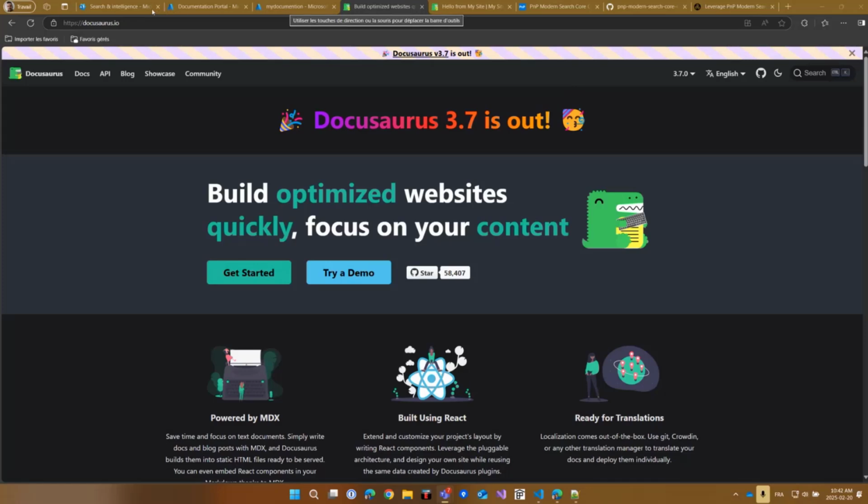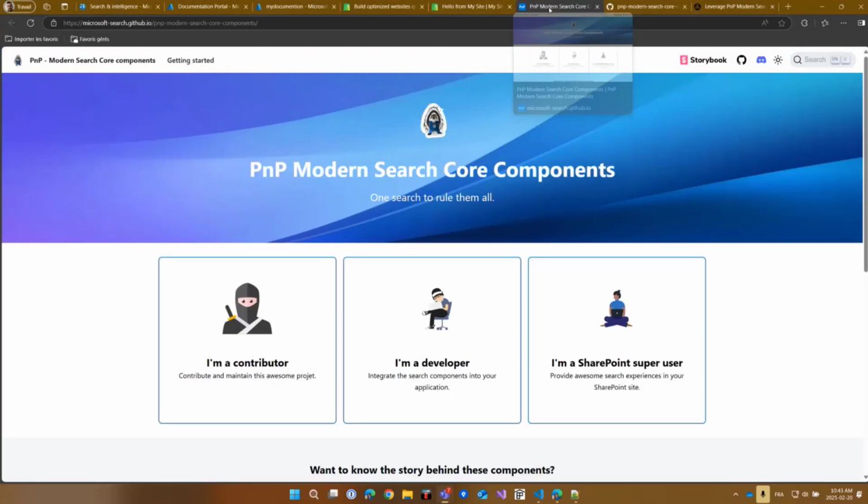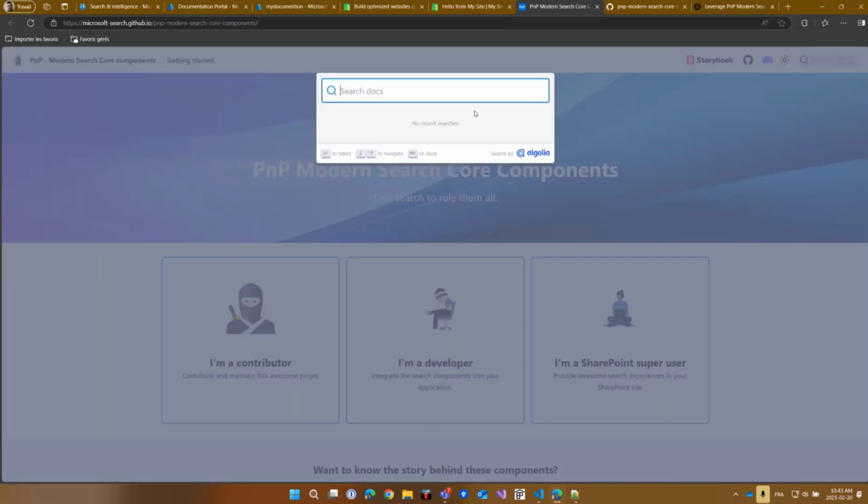By default, this solution comes with a default search engine, which is provided by Algolia, a third-party tool. But to get it to work, you have to build your solution. Actually, your documentation needs to be publicly available. For instance, we are using this capability in the Modern Search component website itself. You can see on the top right there is a search capability, and this one is provided by Algolia. It works because this site is publicly available, so it's crawled by the search engine, and we have search results like this.